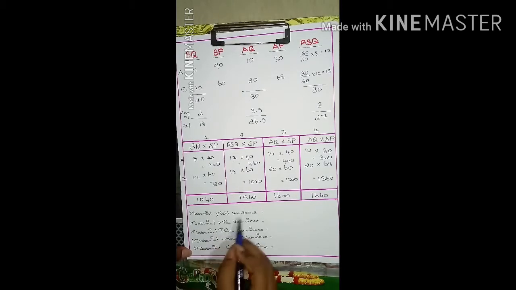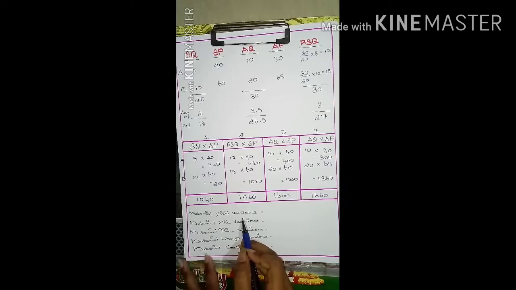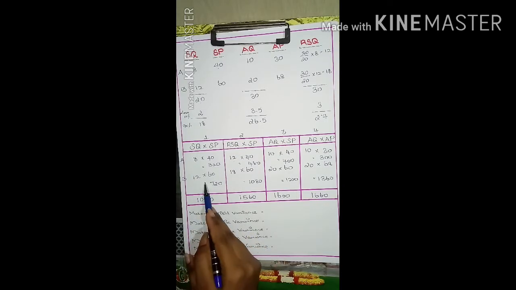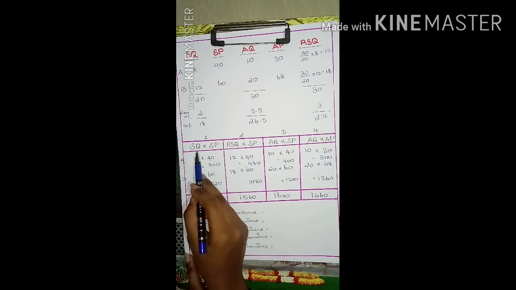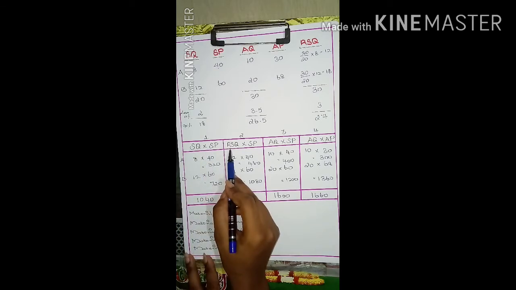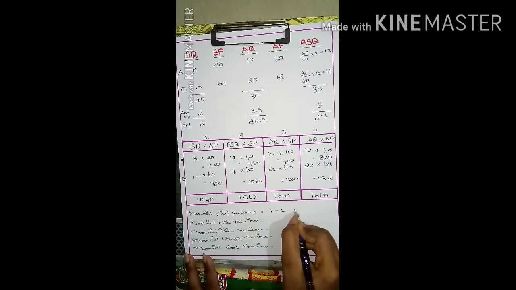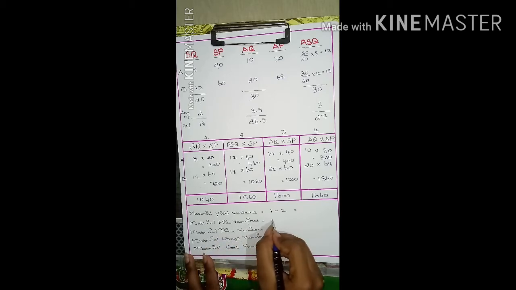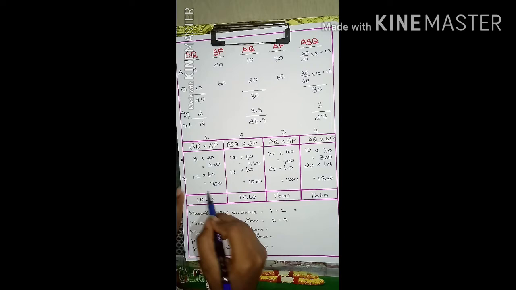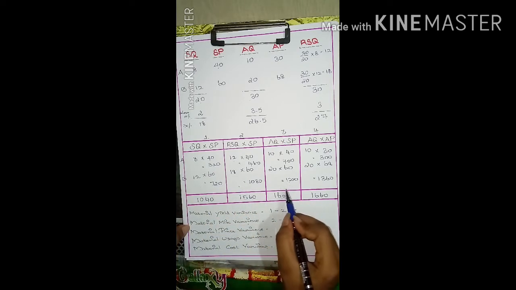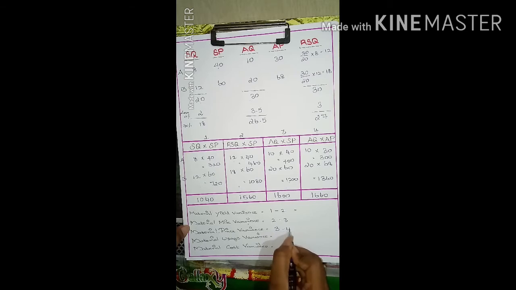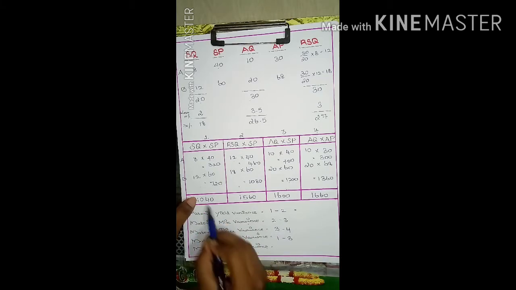So for finding the variances, use this order. First material yield variance, then mix variance, then price, then usage, last is cost variance. The shortcut is material yield variance is the difference between the first column and the second column, that is standard quantity into standard price minus revised standard quantity into standard price. Therefore it's 1 minus 2. Then material mix variance is 2 minus 3. Then price variance is 3 minus 4. Then usage variance is 1 minus 3. And the last, cost variance, is 1 minus 4.